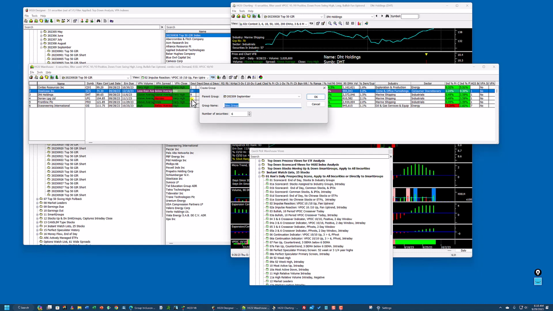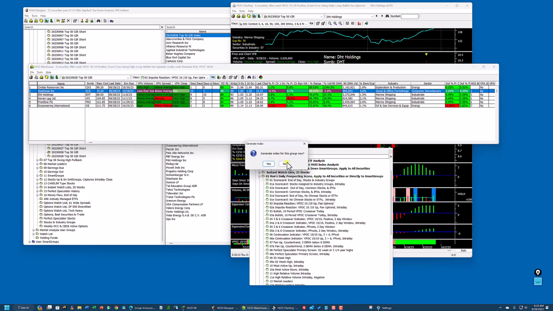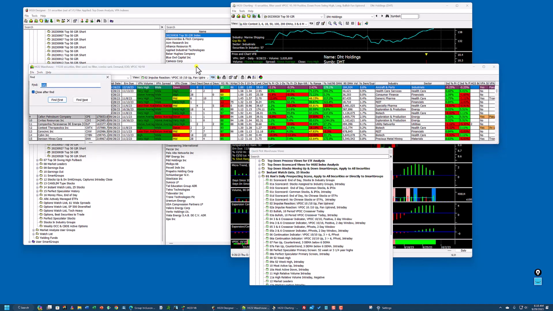So I save this, alternate G, and I go into my swing high pullback, locate the month of September. I forgot to copy the date, 2023, 09, 28. I'll copy that for the next thing. Okay. And then I hit my alternate space bar, go back to all securities, click on this, and I move down to perfect speculator